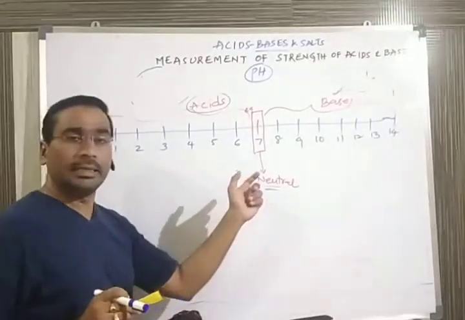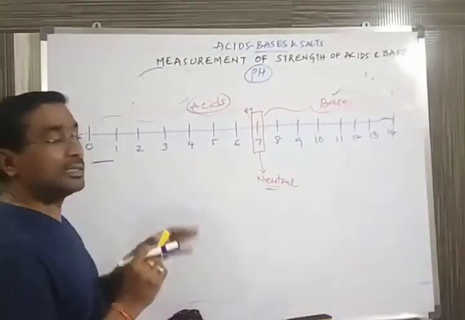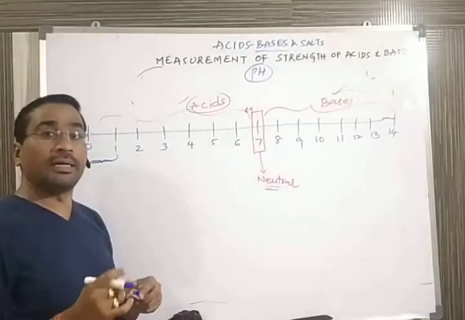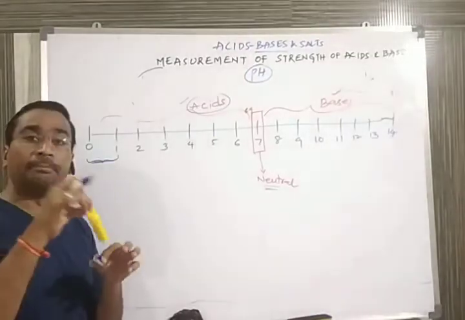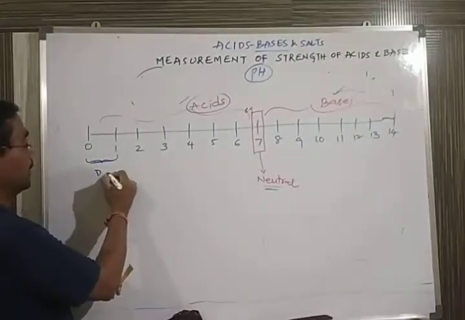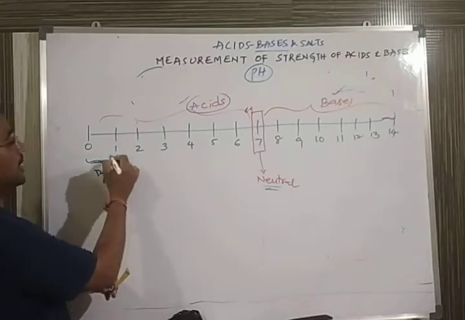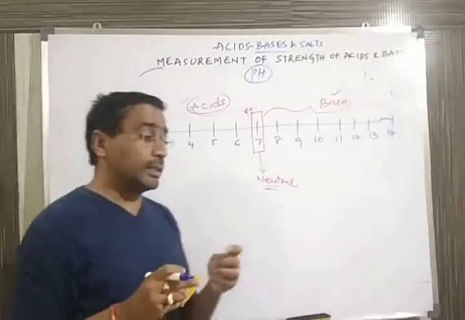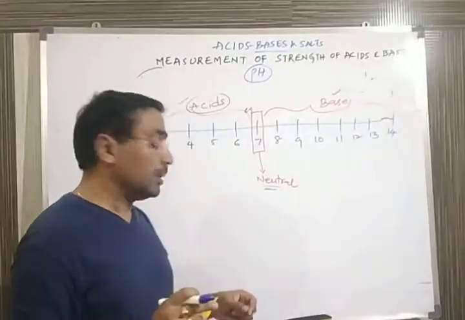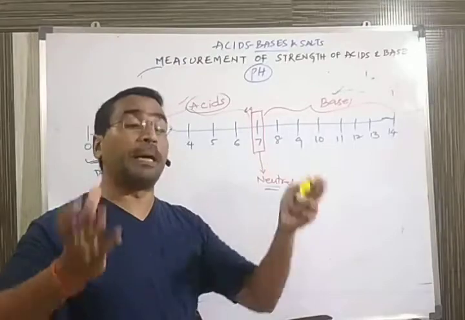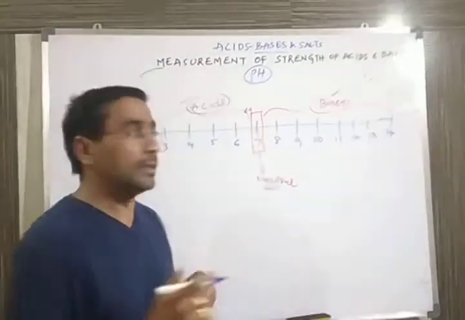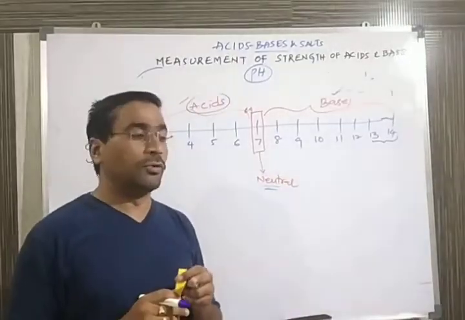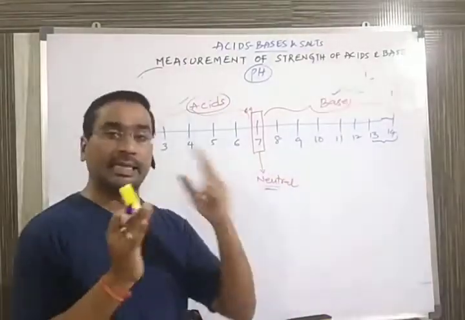So based on the color, you can say automatically: if it is dark red, it is in the range of 0 to 1. So you automatically identify the pH of the given sample; we got dark red, so it is in the range of 0 to 1. Next, one more is purple. If you get a dark purple color, it shows the range of 13 to 14. Don't worry children, I'll show you all the colors in the next session.